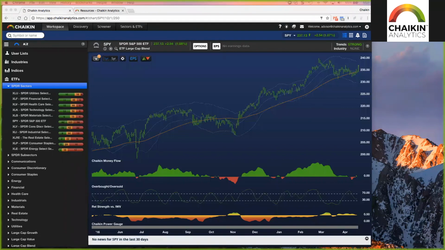And we felt that way, and we still do feel that way, because leadership was still pretty good in the rebound phases of this consolidation, and because small and mid-cap indexes were beginning to outperform over the last few weeks. It was also because just about every negative that developed over the past few weeks, whether it be plunging oil prices, underperforming bank stocks, moving average violations by the Dow and the S&P, a surge in the VIX, or continued stubborn weakness in yields, none of that could generate a lasting sell-off in equities.